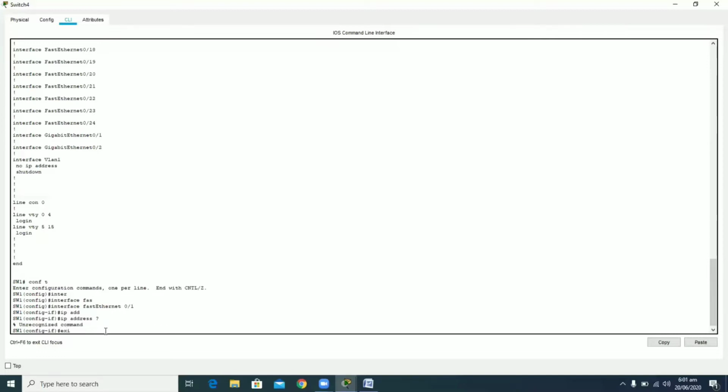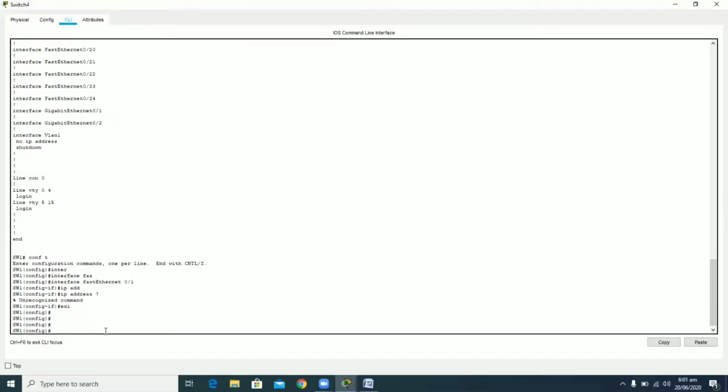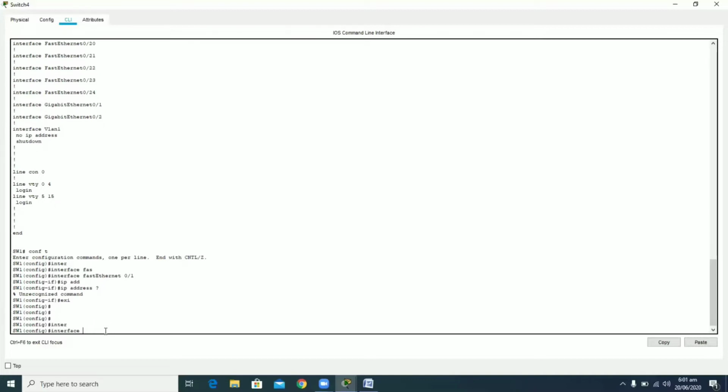So now, how to configure the IP address for a switch, so that we can ping this switch and check its connectivity. The method to configure an IP address for a switch is to move into its native virtual LAN. By default, the switch has only a single virtual LAN created on it, that is the virtual LAN number 1. This is also known as the native virtual LAN.